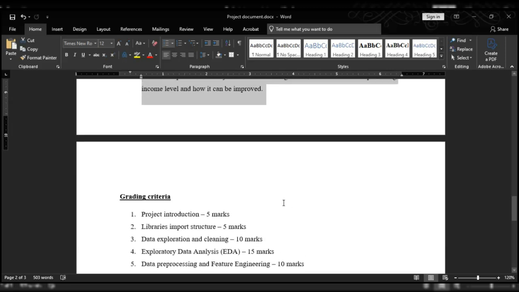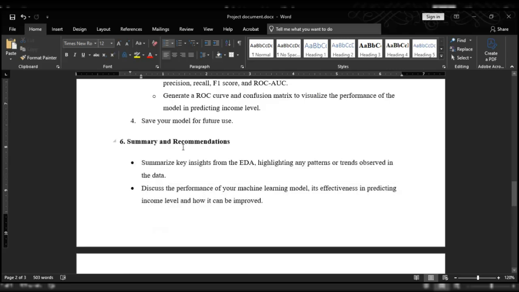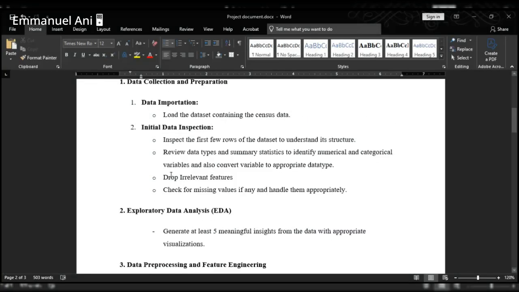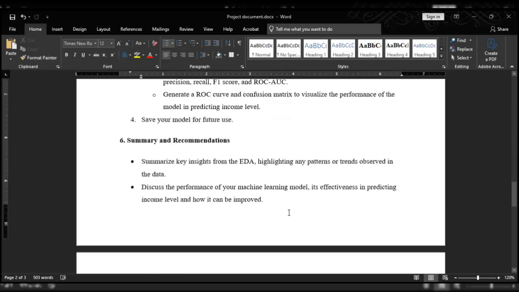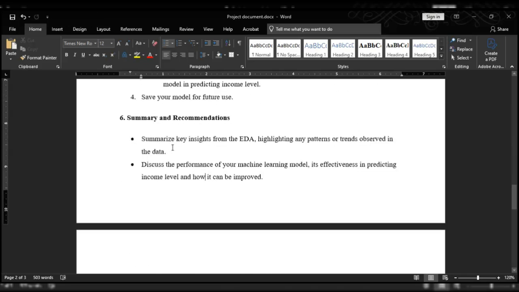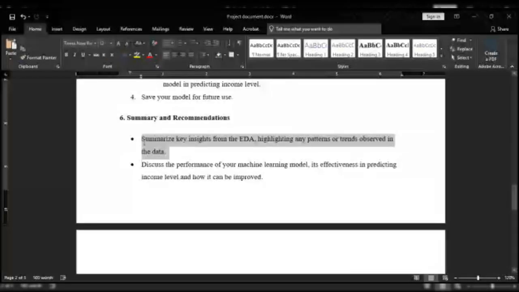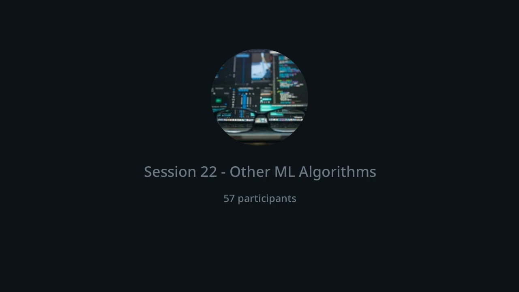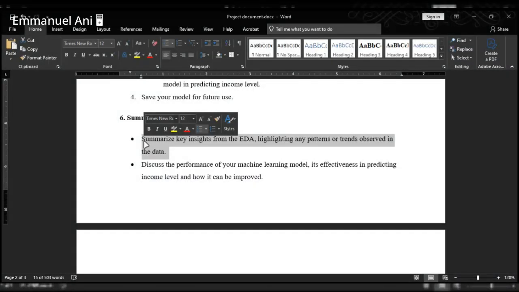So these are the two major things that I expect. This is the data analysis part, where for your EDA, basically, I just need you to summarize the EDA and point out the differences. So this particular part where I said you generate at least 5 meaningful insights, I am expecting it to be in this place here, this summary, right? So this summary should be where you have your key insights. So you kind of just pull them all down, and then we have that.